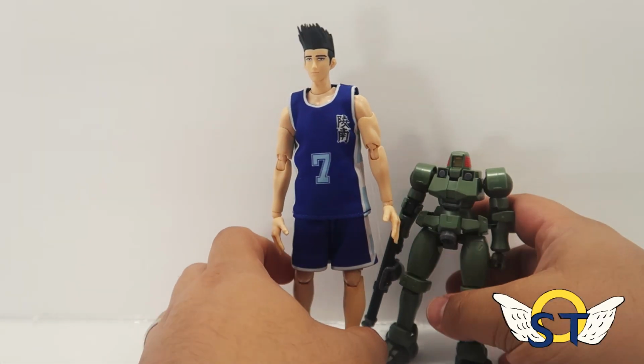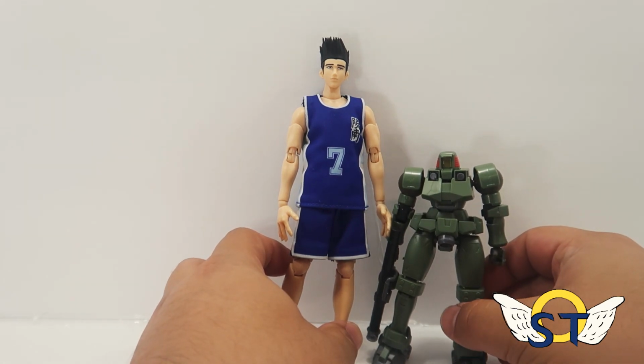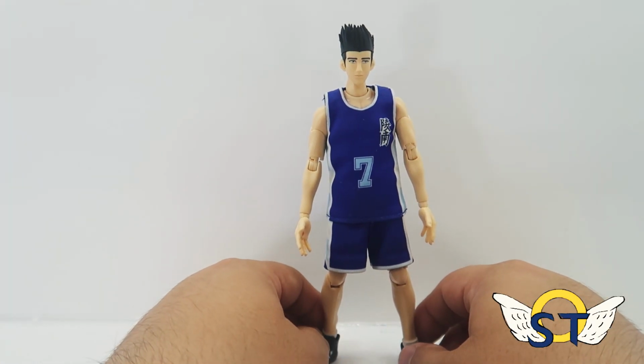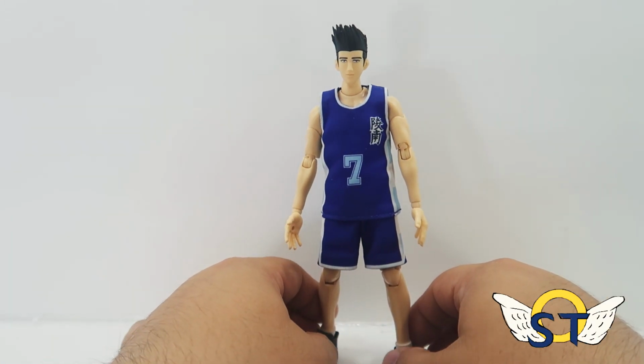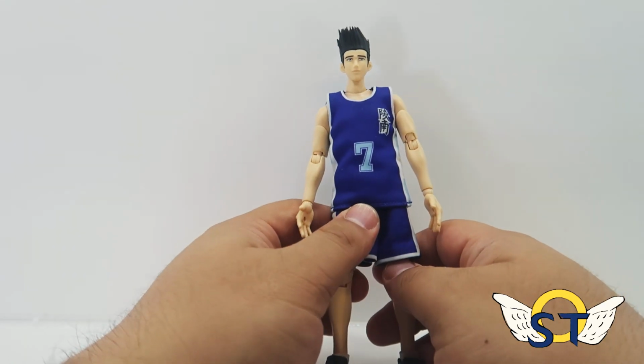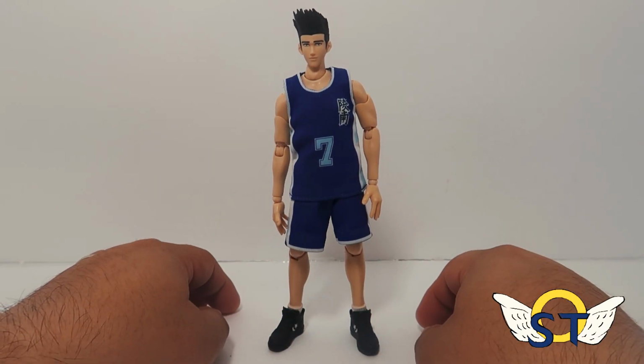And this is what he looks like standing next to a standard 1:144 High Grade model kit. Yeah, so this figure is definitely taller than your standard 6-inch action figure. You know, he's a basketball player, so I guess he's supposed to be tall. So based on his listed height on the show, which is 6'3",